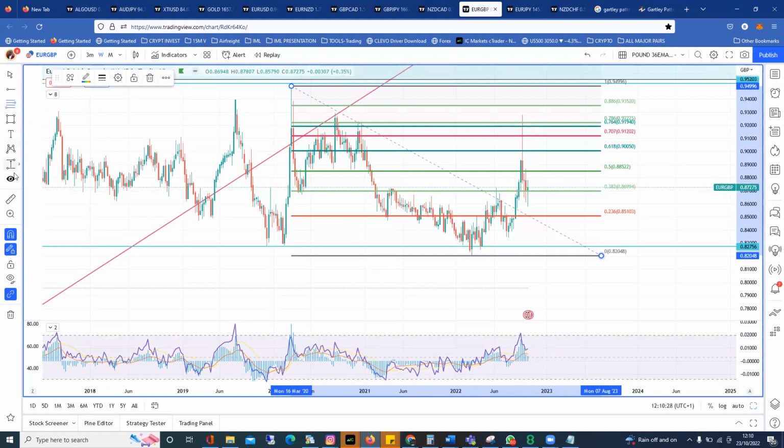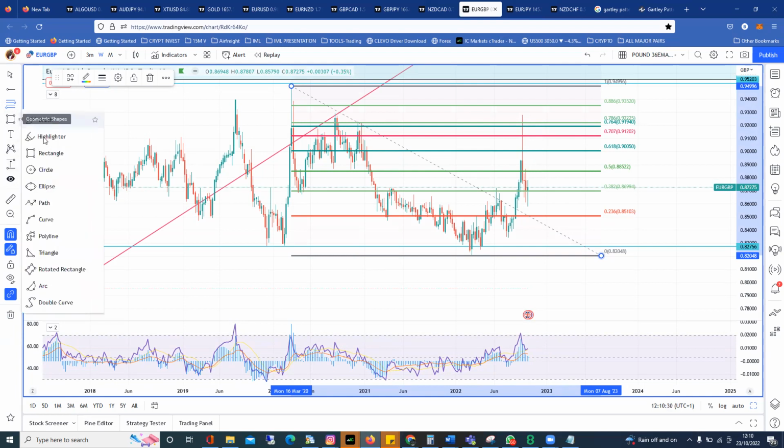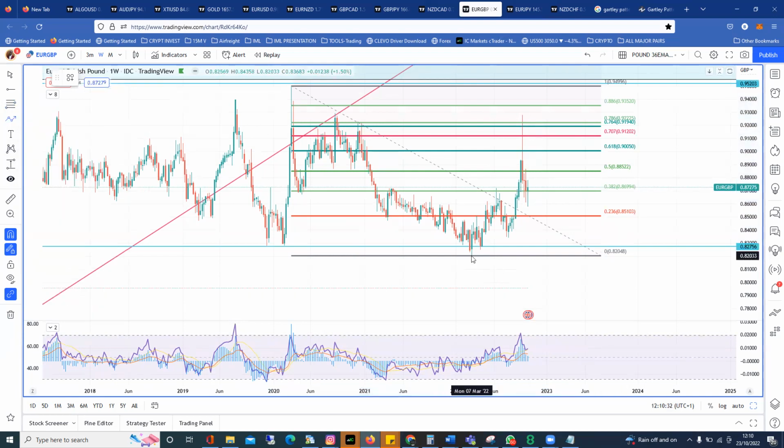And what we've seen with that is price has moved from this particular low back to this high. We start to trend back up higher,